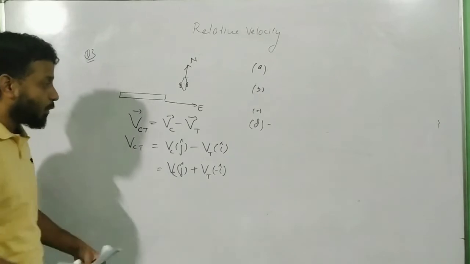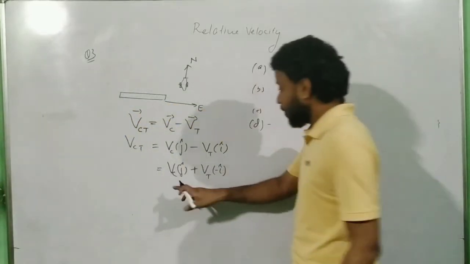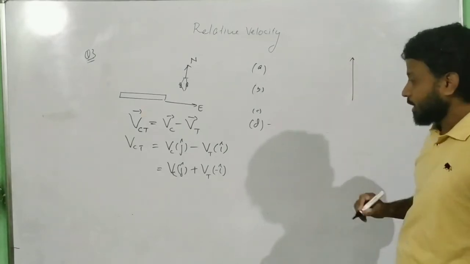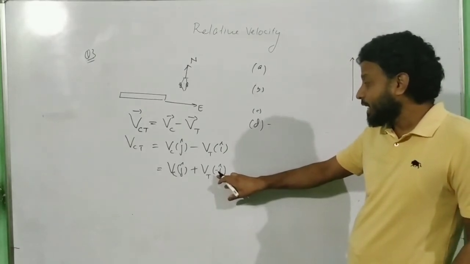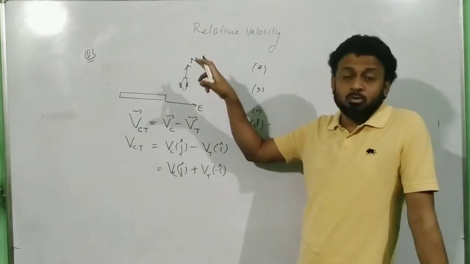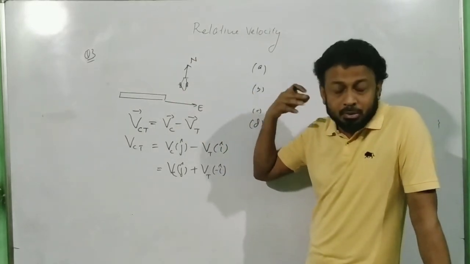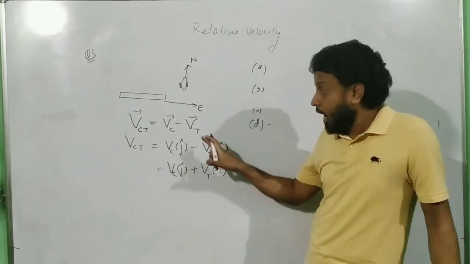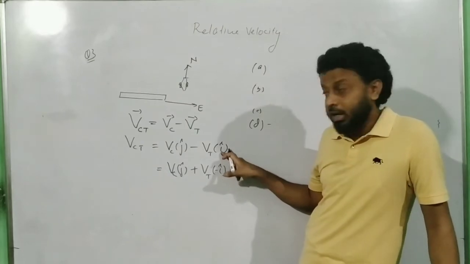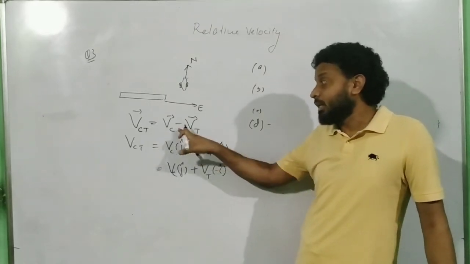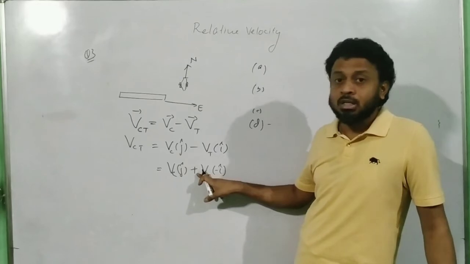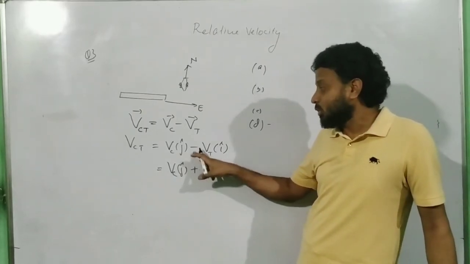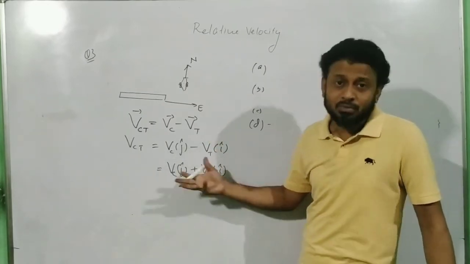So now when I plot VC j cap, this is my velocity of the car in j cap direction. Then velocity of the train. But what's the direction of the train? See, this is where you people ask me doubt. So velocity was in the east direction, but why are you taking it as minus i cap? Hang on, I took that as i cap in the formula. Now because of this minus sign already in the formula, I have to get rid of this minus sign in order to convert into vector addition law. In addition law, I have to make this positive, so I will take this minus sign. It's a mathematical trick which I am playing over here.